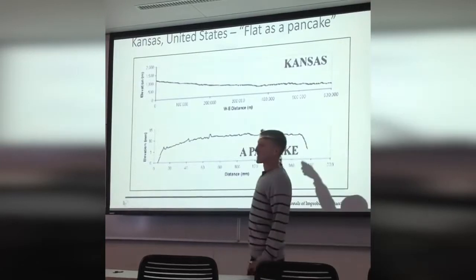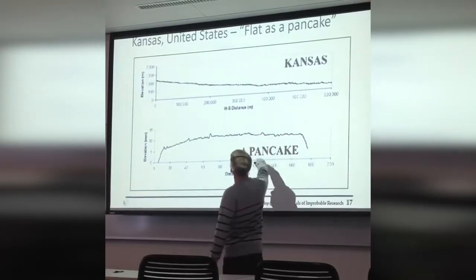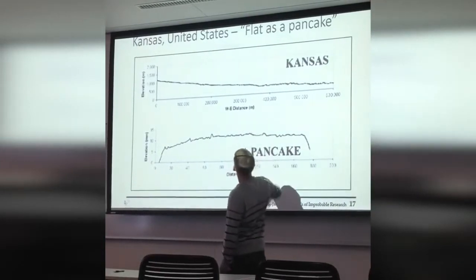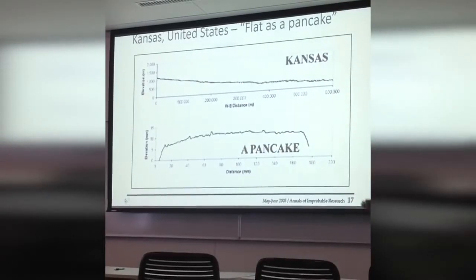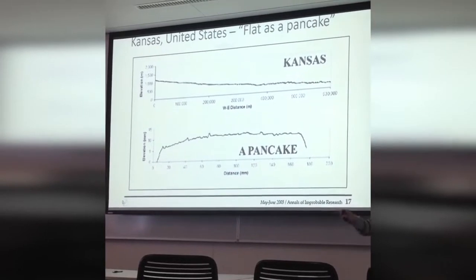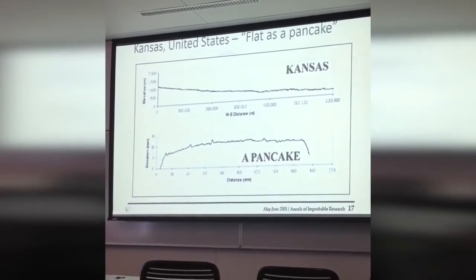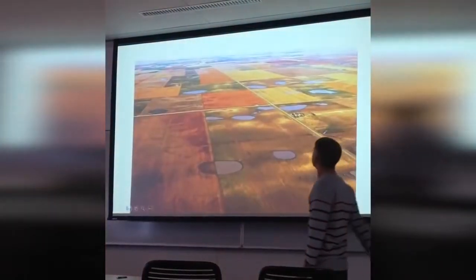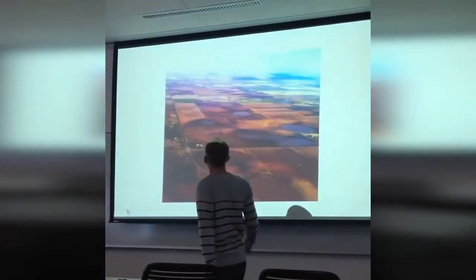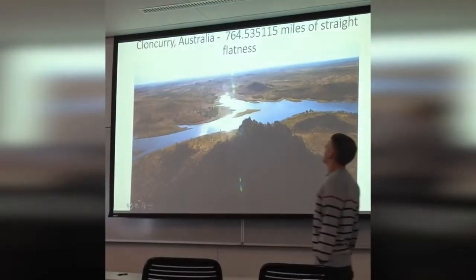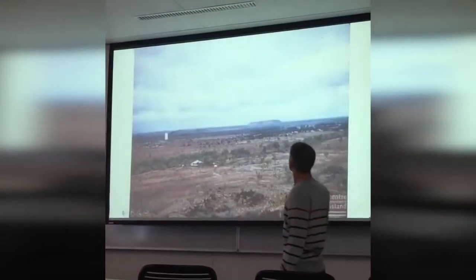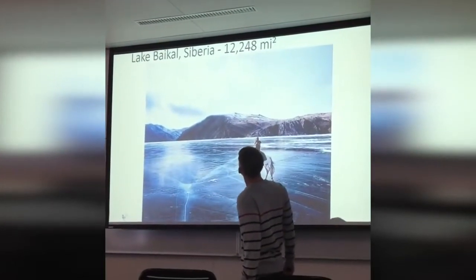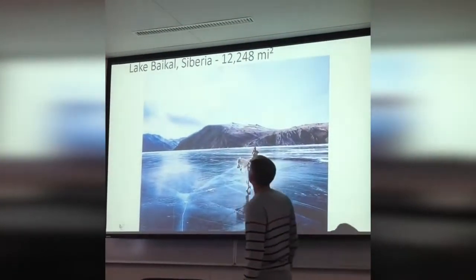Kansas State, it's known as flat as a pancake. This is the elevation level of a pancake and the elevation level of the state of Kansas. Interesting. Remember, 8-inch curvature every mile squared. Interesting. That's Kansas being as flat as a pancake. Curry, Australia, 764 miles of straight flatness. We also have Lake Baikal, Siberia, an amazing